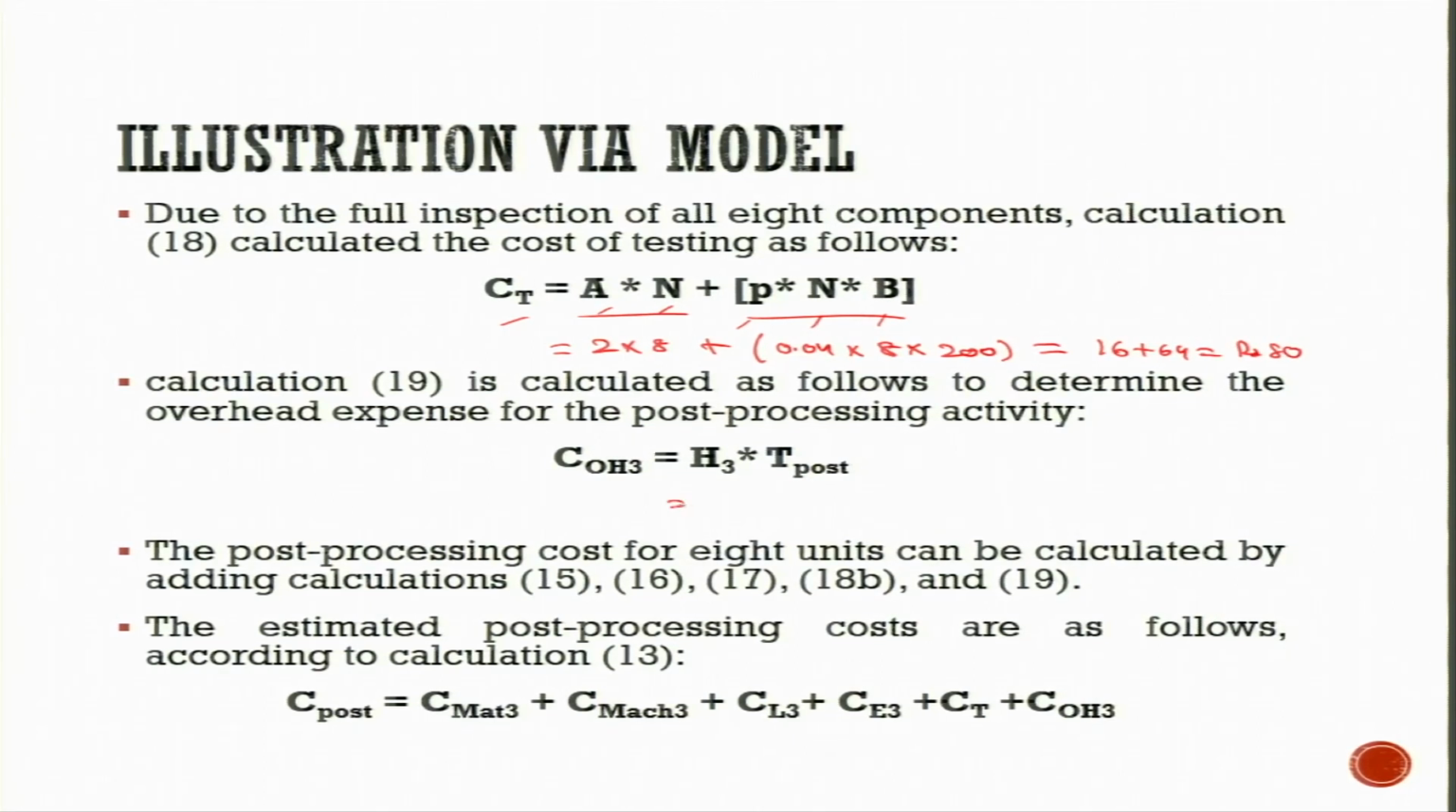Then the overhead cost is H3 into time for the post processing. So, where the overhead rate is rupees 15 per hour into 2 hours is equal to 30. The cost of the post processing total would be material cost plus machine cost plus the labor cost plus energy cost plus the testing cost, which is 80, plus the overhead cost, which is 30. This is equal to rupees